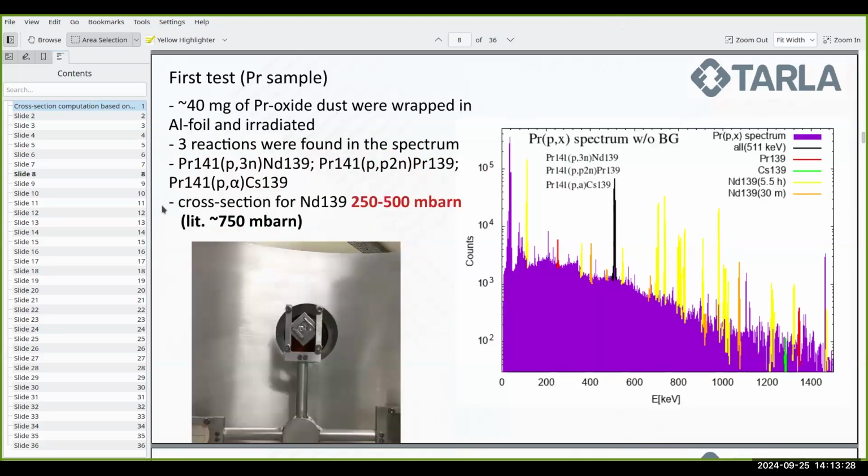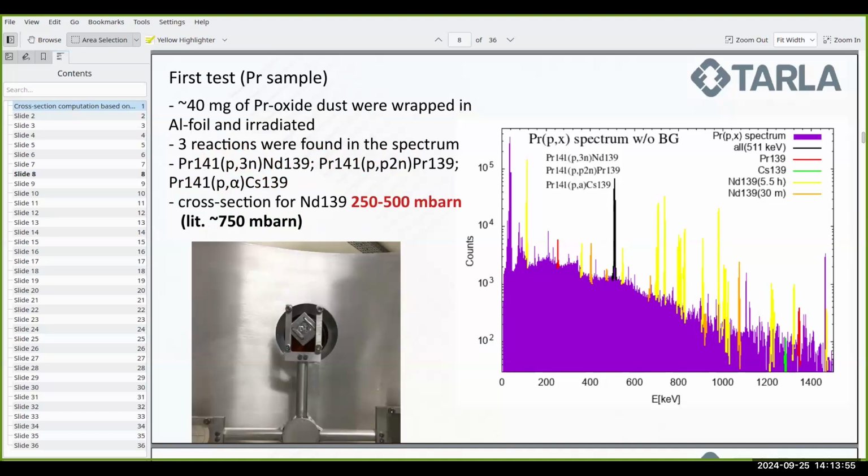All right, so this is how it looked on the bottom left. You can see the target and the target holder. In the center, you have the aluminum foil, which serves as the holder, and behind it is the actual praseodymium. On the right side, you can see the actual spectrum observed of this particular foil. In this case, we did the simple test, just a single foil, and we were able